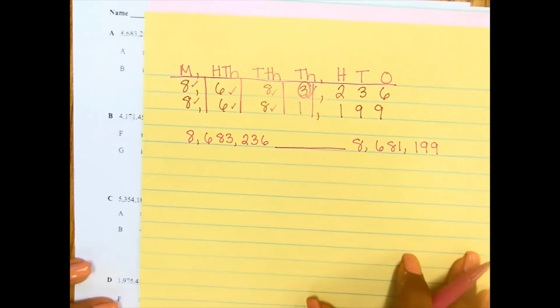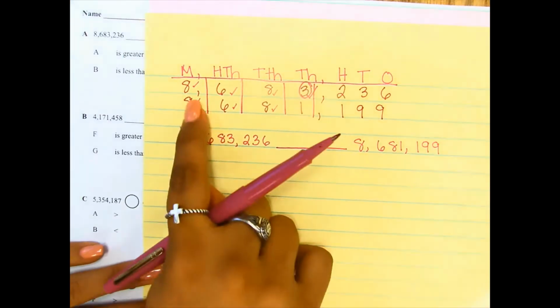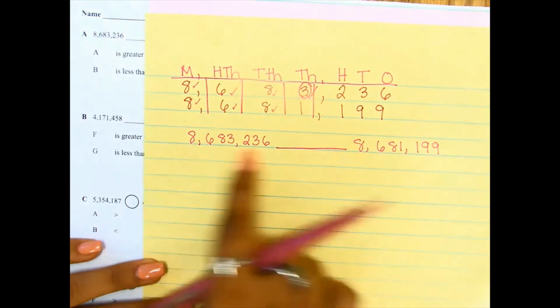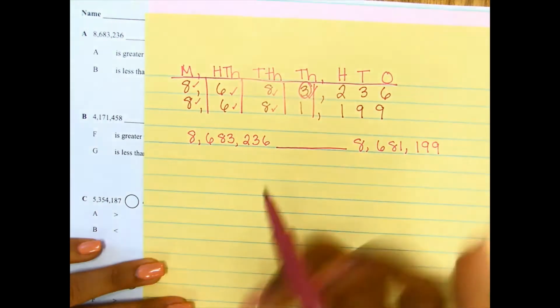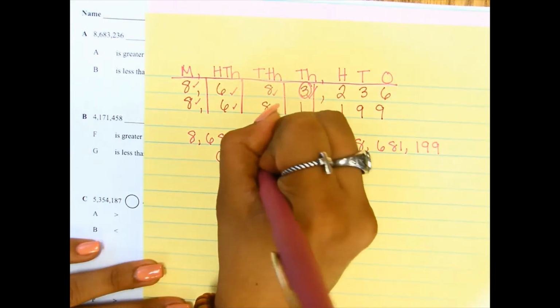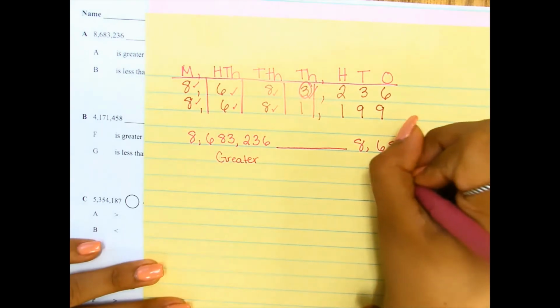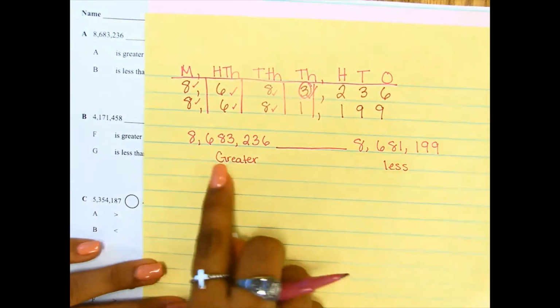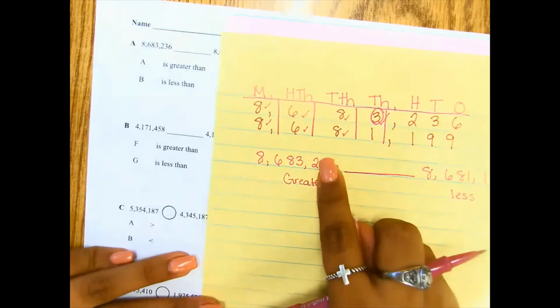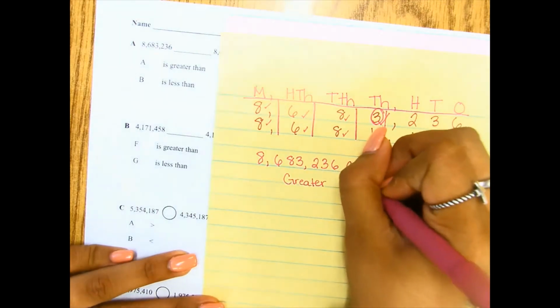Which one did I say was greater? Well, let's look. 8,683,000. This is my number that is greater. So this is greater. And this one's less. So since we're writing it this way, this is greater than